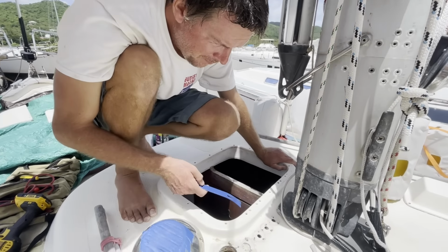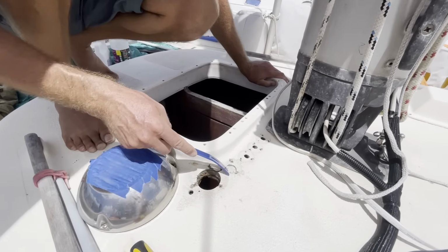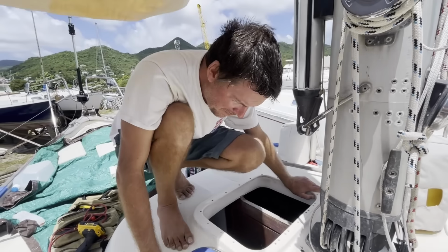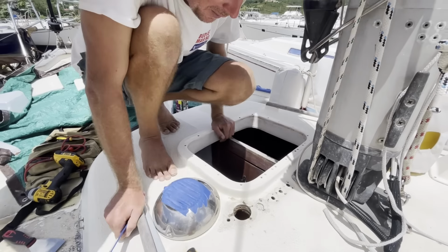But then I was just going to fill these and seal this up. But now we got to worry about these. Like, what the heck is this? Just another day on Joco in the boatyard. Might want to put some glass here, but fill that. It's going to be quite the...